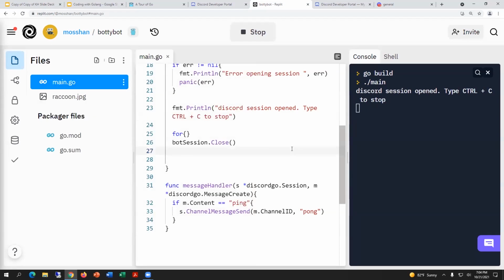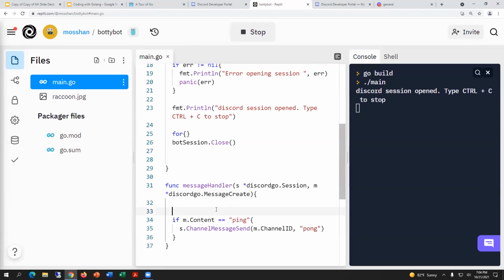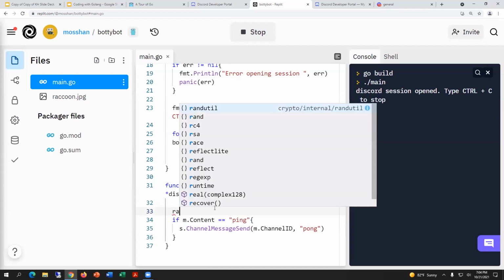So now that we have our picture in here, and I'm using a JPEG file, you can add whatever picture you want in here. So I'm going to add code which creates a reader object for my picture, something which allows the reading of the stream of bytes. And to do this, we're going to use os.Open to open the file. And this is going to be within our message handler section. So our raccoon reader